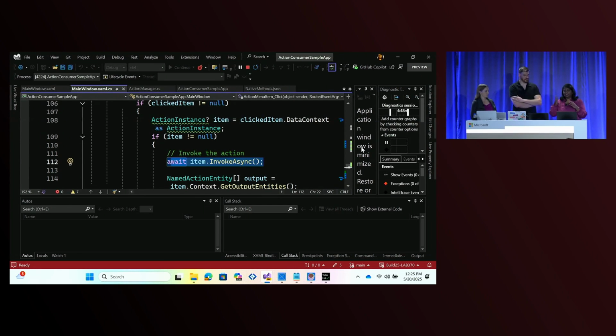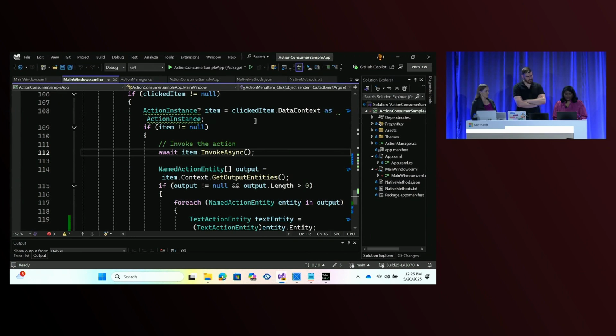Once you finish getting all the actions from the actions catalog, you choose to order it, you choose to show it. When the user selects an action, go ahead and invoke it. So I'm also noticing that you're awaiting that call. So when I did that task delay, waiting for 100 milliseconds, this app would be waiting for the other app to complete, right? Yes. Okay. Yes, indeed.